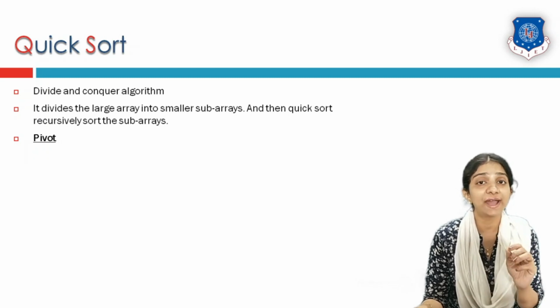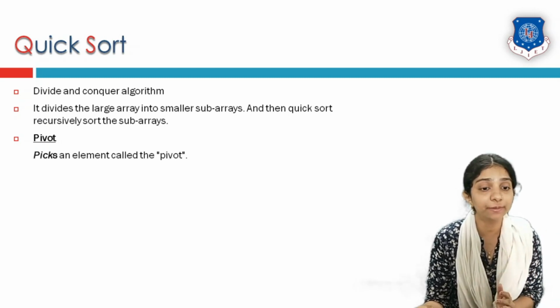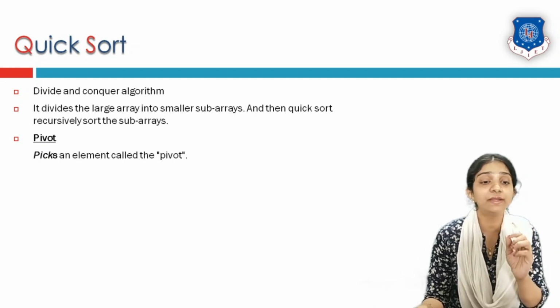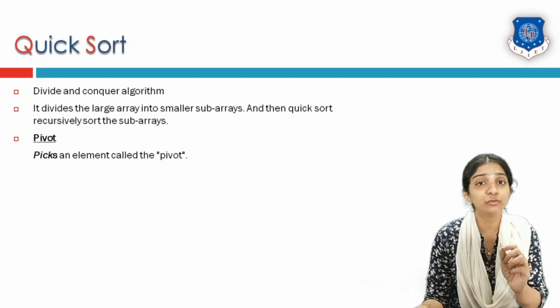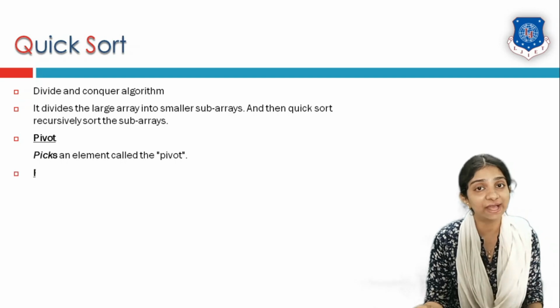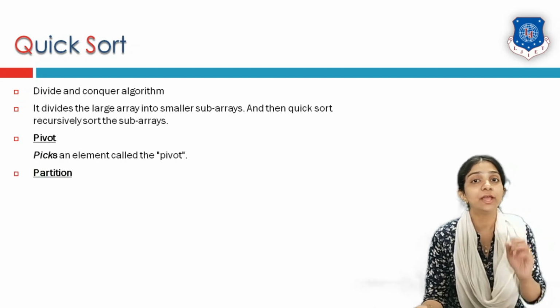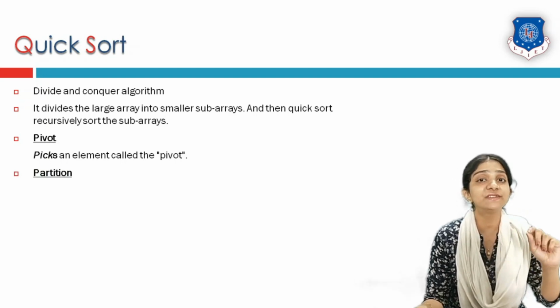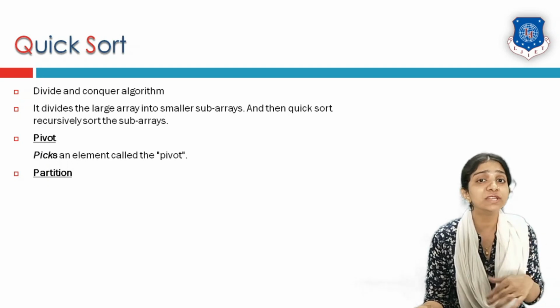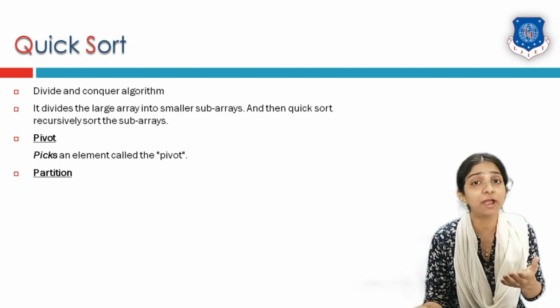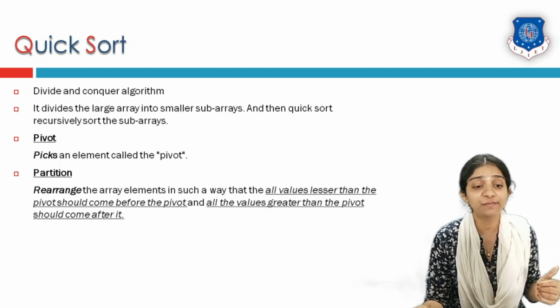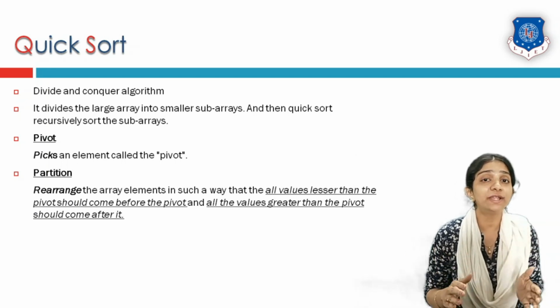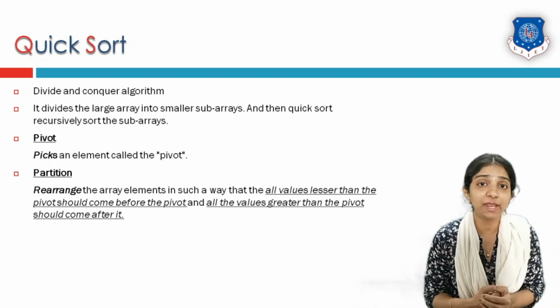Division of an array into two parts is based on a pivot element. An element which we pick up to be sorted is called the pivot element. Now the pivot element is placed in its correct location, which is actually generating a partition. Now what is a partition? There are two partitions along with the pivot element.